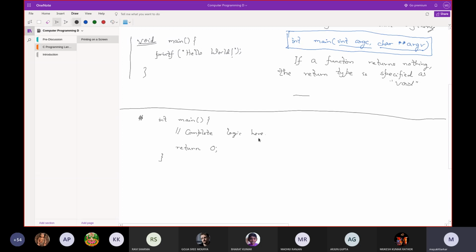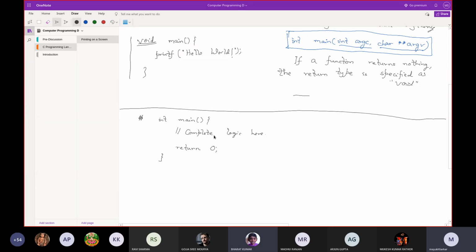Whatever logic you want to implement will be written between the first line and prior to return 0. You will write all your logic for now here. Okay, and that logic, tell me.